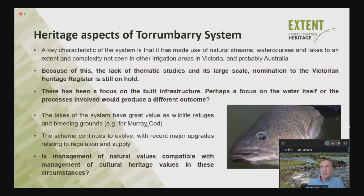Now, the Turrumbary system, as part of that broader River Murray system, has very high natural values, particularly as a wildlife refuge and a breeding ground for Murray cod in particular. The scheme is continually evolving, so there's the question of continuing supply, continuing as a functional system. And so we're in a situation where questions are asked of the cultural heritage of the place, the historical heritage in particular, and of the natural heritage. And we're now in a situation where we begin to wonder whether or not the two are compatible to achieve the same goals. And the reason I say that is that if we look at, for example, there's what's called